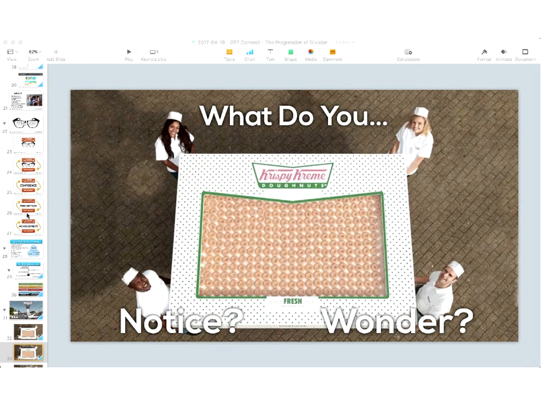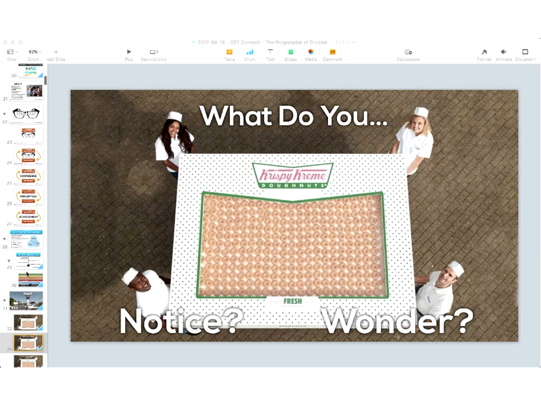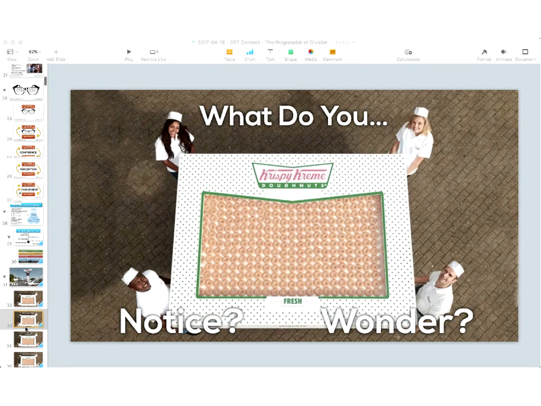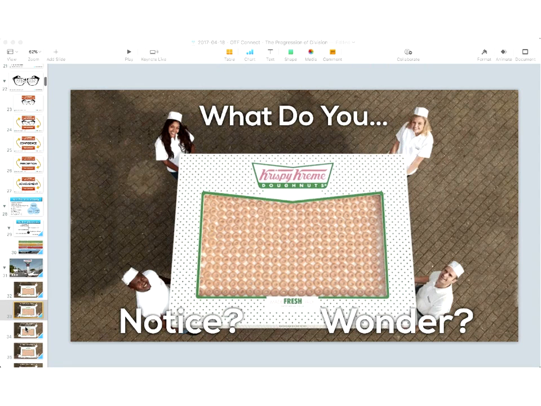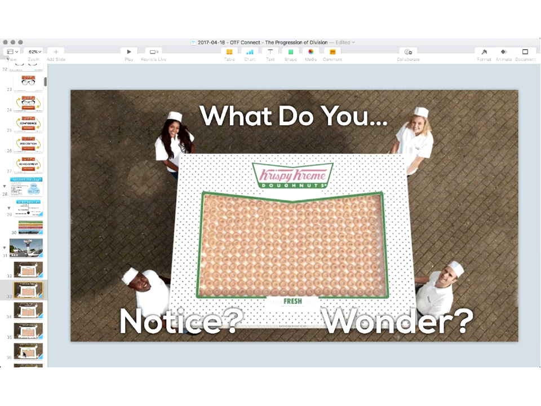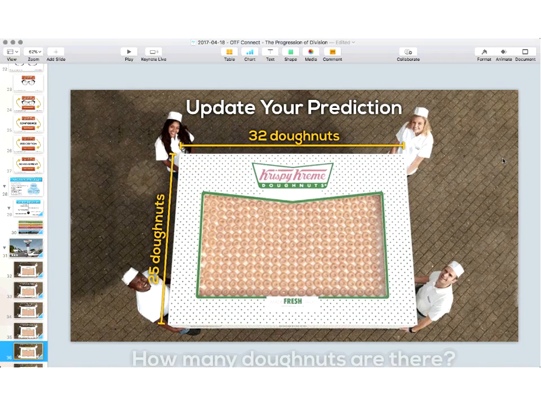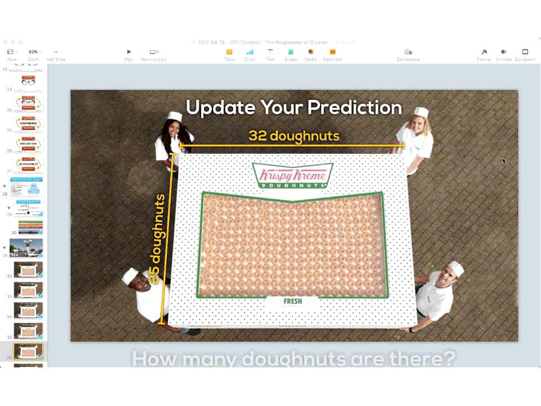So here's what I'm going to do. Up on your screen, as well as on your knowledge hook window, I'm going to give you a little bit of information here to work with. And there it is. Up on your screen, you should see some dimensions. I'm going to post the knowledge hook instructions again into the chat window, and I'm going to give you folks some time to update your prediction.